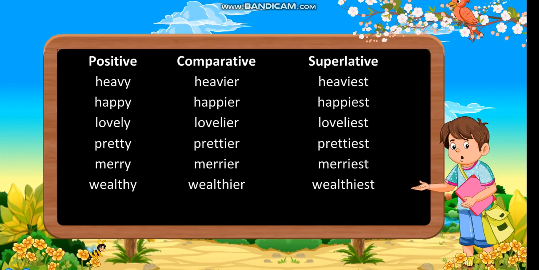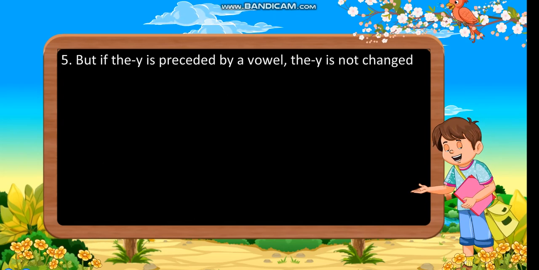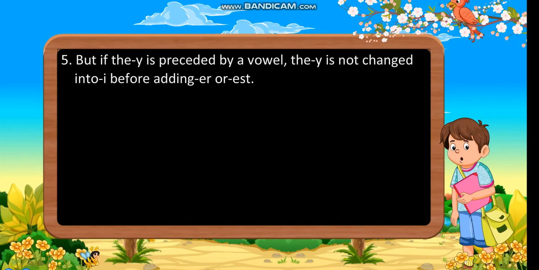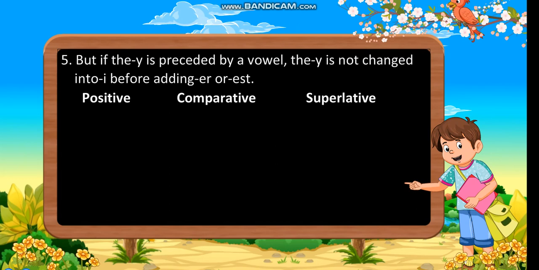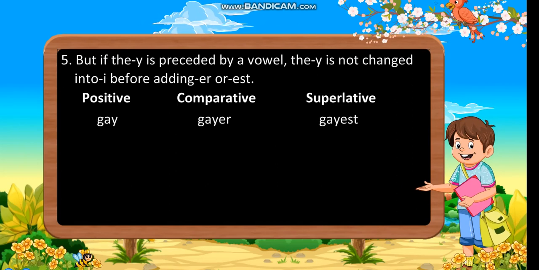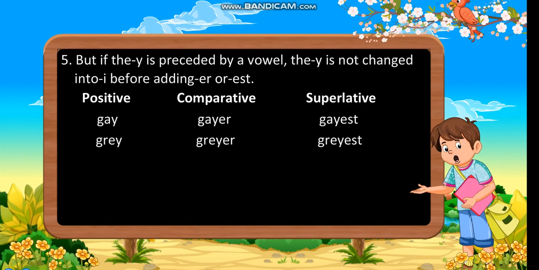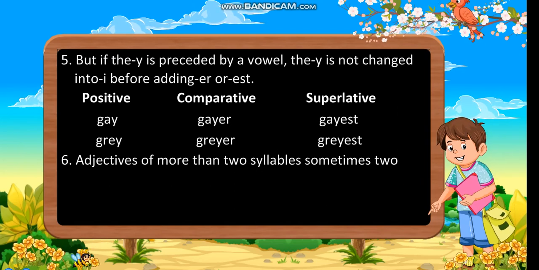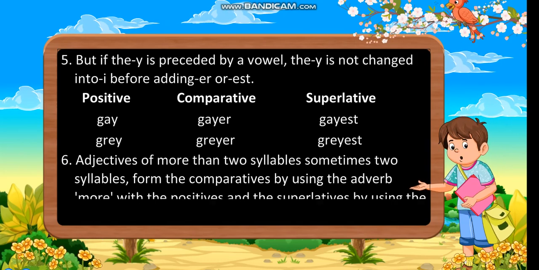Wealthy, wealthier, wealthiest. Fifth, but if the y is preceded by a vowel, the y is not changed into i before adding er or est. Positive, comparative, superlative. Gay, gayer, gayest. Grey, greyer, greyest. Sixth, adjectives of more than two syllables, sometimes two syllables, form the comparatives by using the adverb